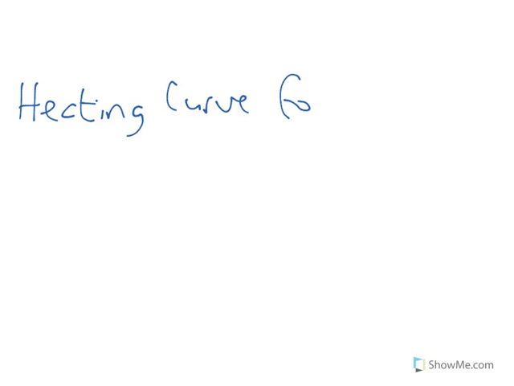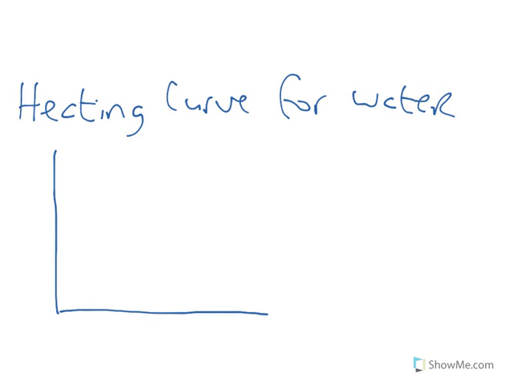So a heating curve for water is constructed by using a two-dimensional plot of temperature on the y-axis and heat energy on the x-axis, given by the symbol Q. So we know there's a couple interesting points along this heating curve that we're going to talk about for water, and that's that we know at 0 degrees C, that we'll put down here,